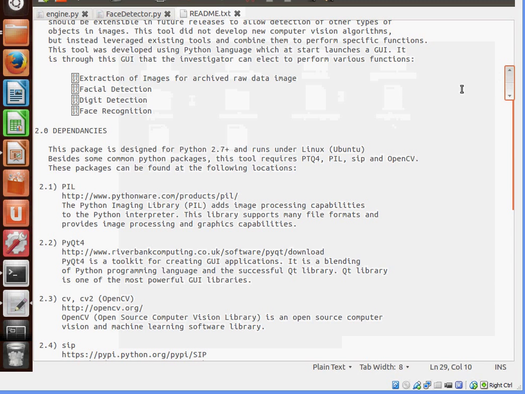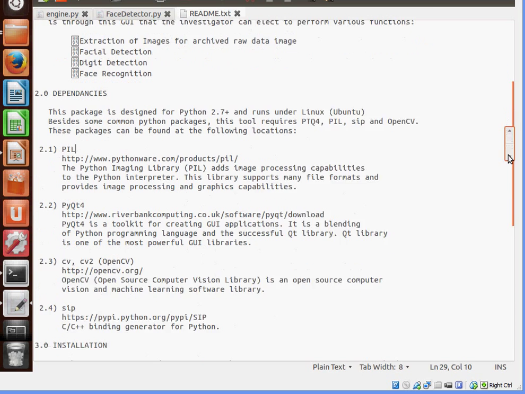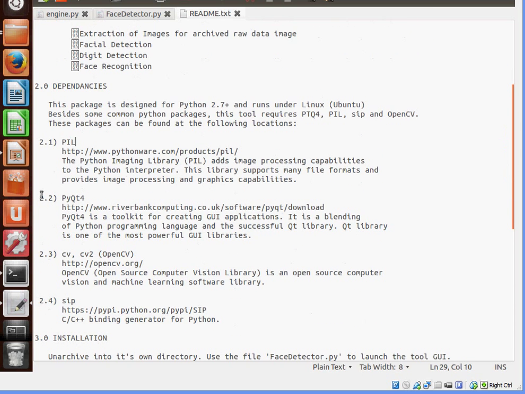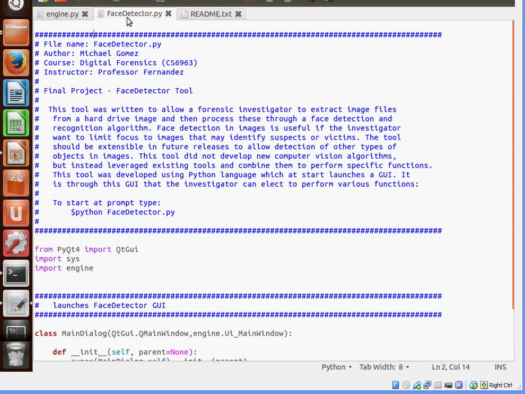Before going into it, in order to be able to execute the tool, there's a readme.txt that lists all the dependencies that are needed to execute the tool and run it successfully. The one particular package that I found most troublesome installing was PyQt4, which ended up taking about 30 minutes to install, at least on my computer, which is not the highest bandwidth computer out there. But if we take a look at the source code,